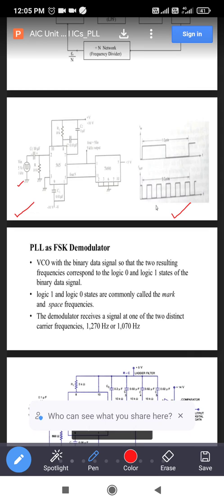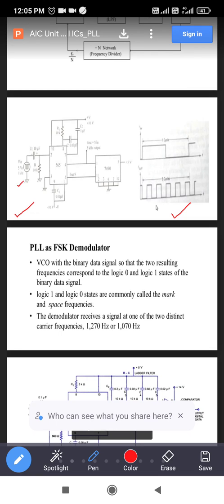So you can observe the input waveform and output waveform. The input waveform cycle is given and you can also observe the output waveform. So f out, the frequency, will increase here. It takes 1 kilohertz as the input frequency, but the output frequency is 5 kilohertz. That means it is multiplied by 5. That's why you can observe the waveform like this.